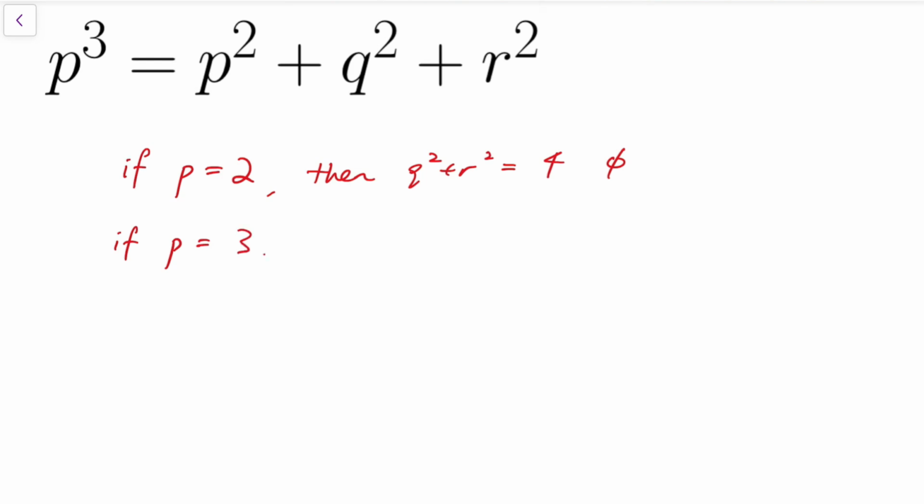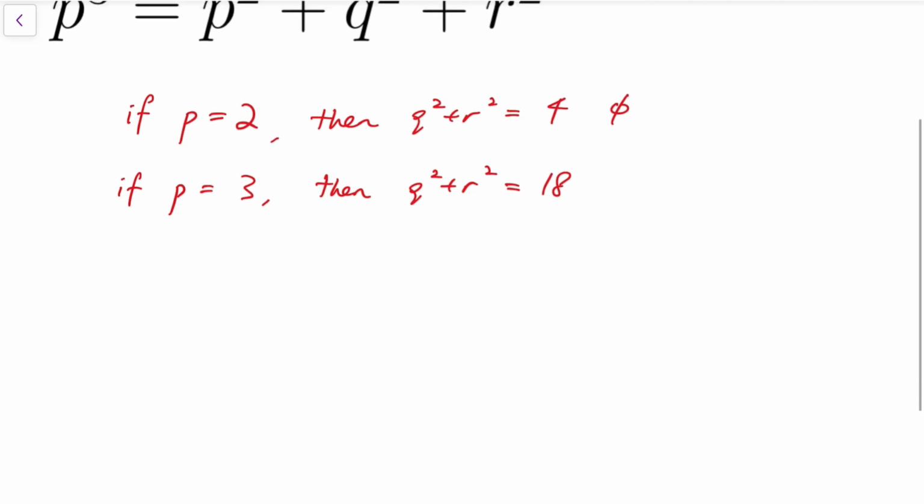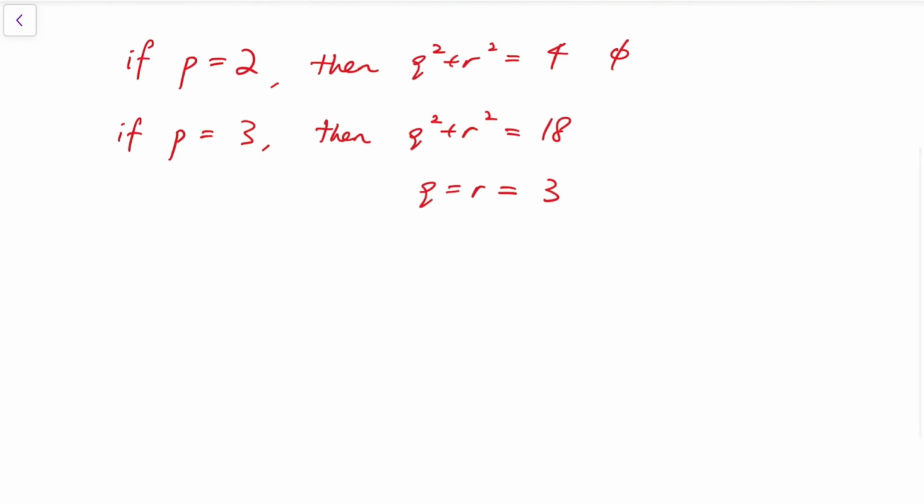We can try one more. If p equals 3, then q squared plus r squared equals 27 minus 9, and that's 18. So by trying, we know that q and r can only be both equal to 3. After that,